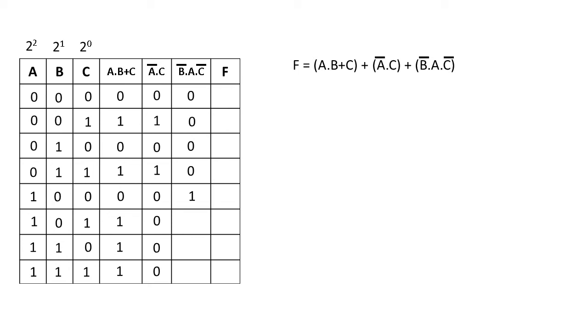So just calculate in your mind and put the value. Calculate b naught: whatever the value is given in the field, just make it opposite. So b naught means, since b is 0, b should be 1, and c naught means if c is 1, that will be 0. Complement means opposite value, whatever is given. So make it in your mind and just put it. Now just fill up the function value.